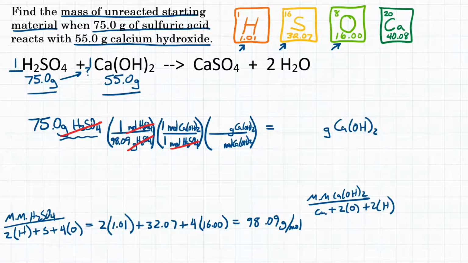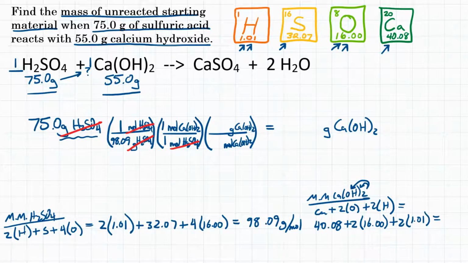Why it's 2 for both is because it's OH in parentheses and then a 2 after, so this 2 applies to the H and also to the O. The molar mass of calcium, looking at the periodic table, is 40.08 grams per mole, plus 2 times the molar mass of oxygen, 16.00, and also 2 times the molar mass of hydrogen, which again is 1.01 grams per mole. Plug that in your calculator, hit equals, and we get that the molar mass of calcium hydroxide is